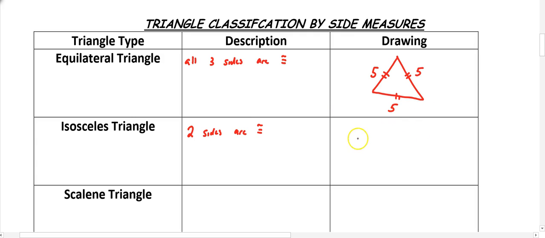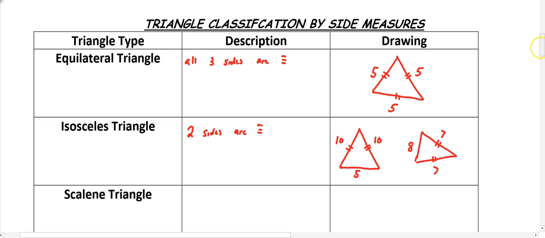So in an isosceles triangle, it can look like this, where the legs are congruent and the base is a different size. Remember that the base does not always need to be on the bottom, so if I draw it looking more like a pennant, I still have an isosceles triangle with my base being 8. Remember that base does not mean the side you're laying on, it means a side that's not the same in